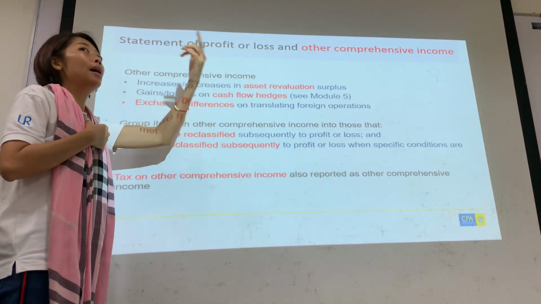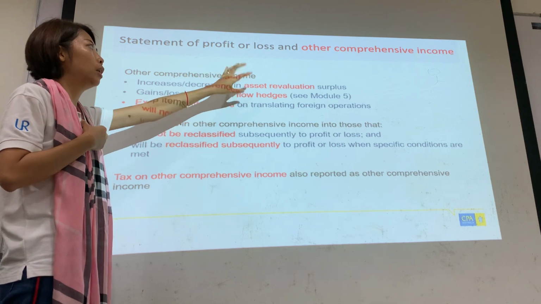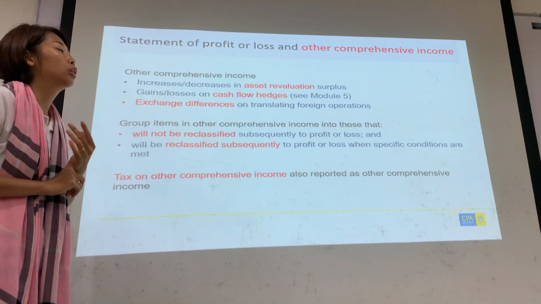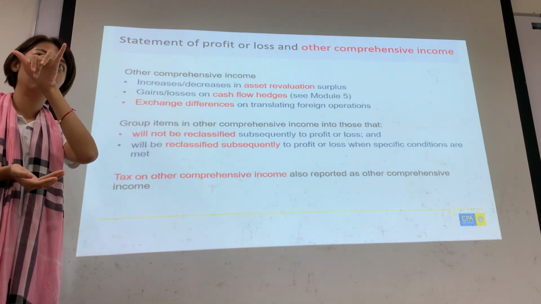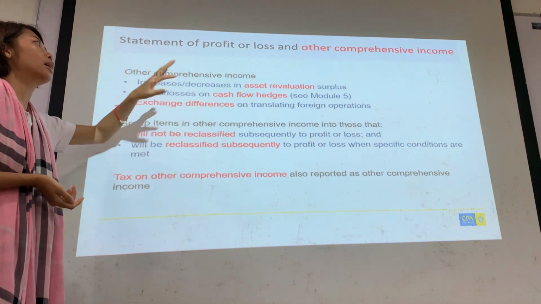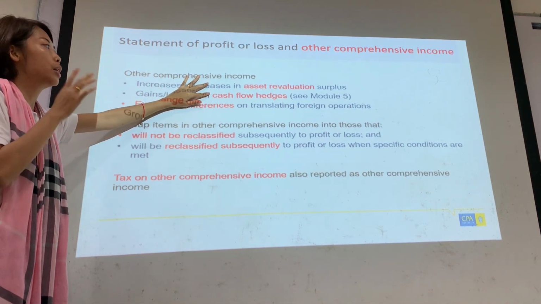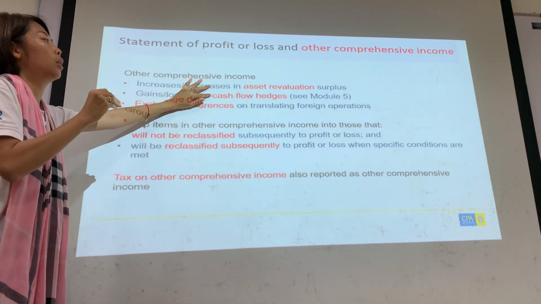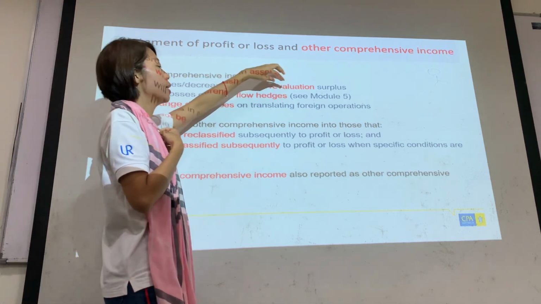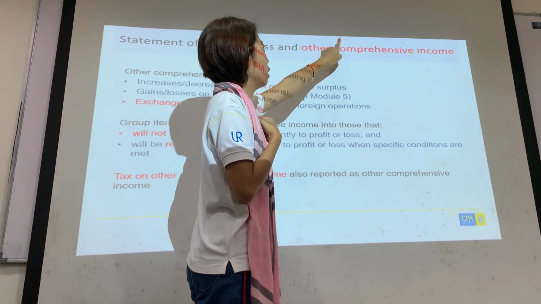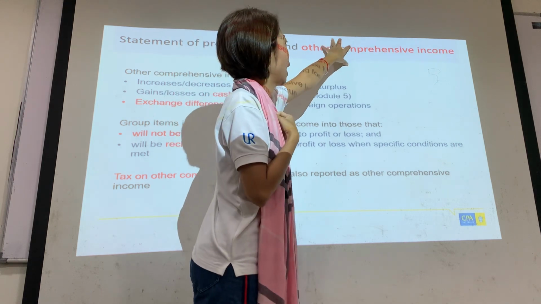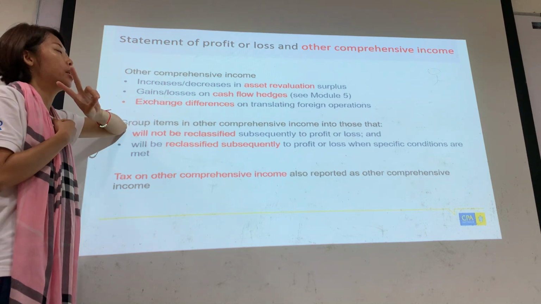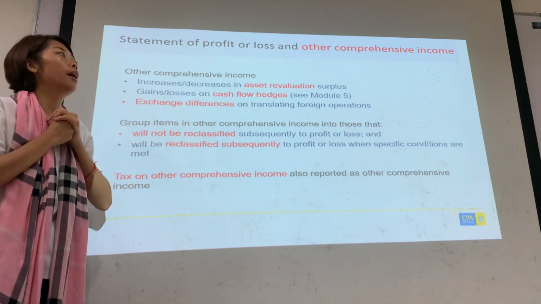So the opening balance of 50,000 for the revaluation surplus will appear in the statement of changes in equity. So the closing balance is 60,000, whatever it is. So if I assume that my revaluation surplus opening balance is 50,000, it will appear in my statement of changes in equity, brought down. Then this year, if I want to increase 10,000, then 10,000 will be under statement of profit or loss and OCI here. Then my closing balance will appear in two places. One is the statement of changes in equity, one is the balance sheet. And therefore,